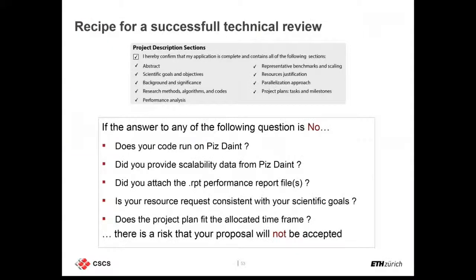Okay, so what's the conclusion? I think I was clear enough. This is the first webinar that we do, so we can certainly improve things. But as a summary, for the technical part of your proposal, you should always provide some timings about your application. We need to see at least one performance report file.